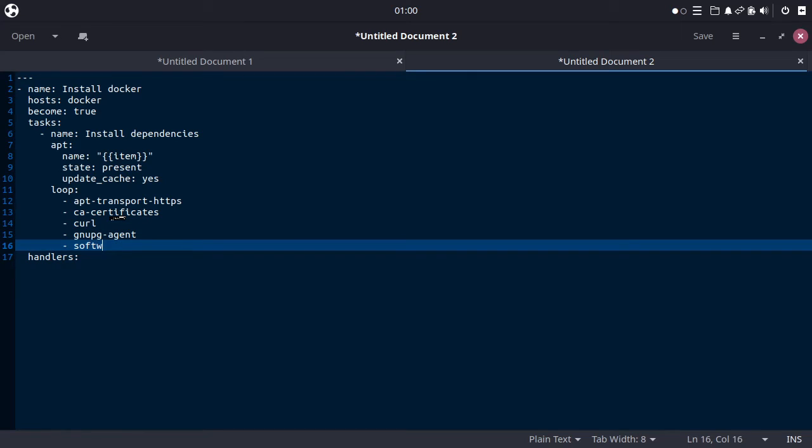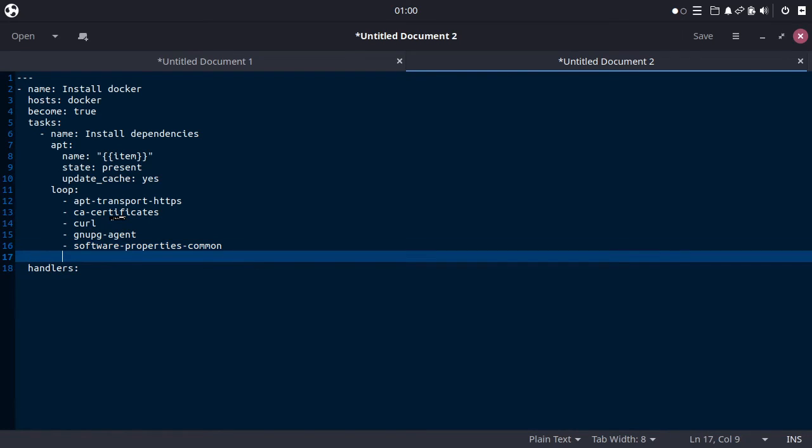Software properties. Now, actually, there is another apt install application on the next step, but we cannot put it here because the application has not been registered yet on the application repository. So until now, this is okay.